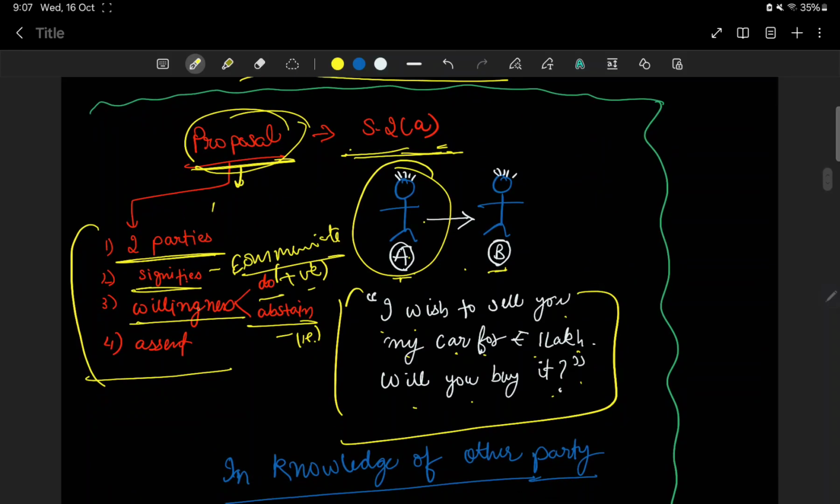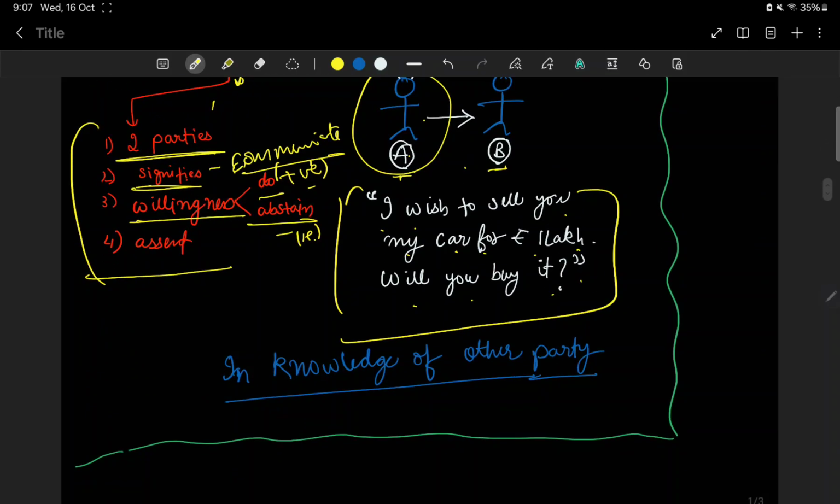So from this definition, the one important thing that comes out is that the proposal that I intend to make, जो proposal मैं देना चाहती हूँ, it must be in knowledge of other party. That means कि मन ही मन में सोचने से कुछ नहीं होगा. If I want to sell my car, then I have to communicate it, and communication must be in such a way that the other person, that is you,